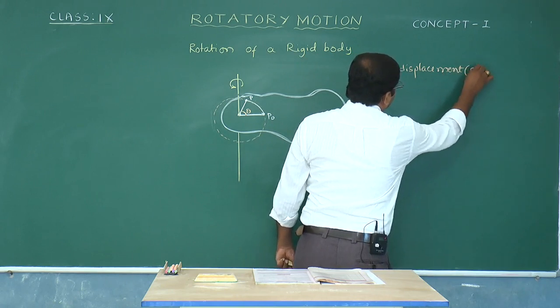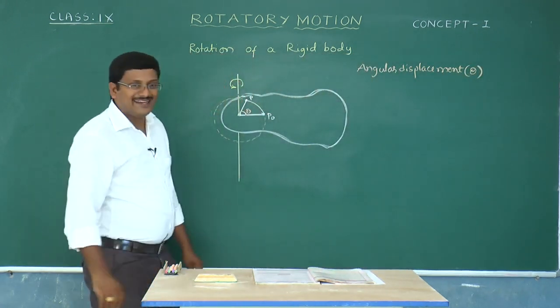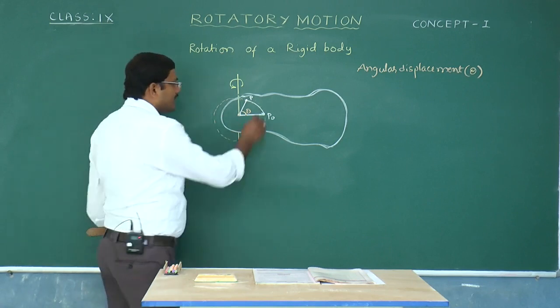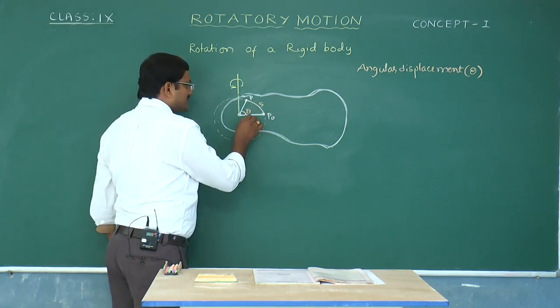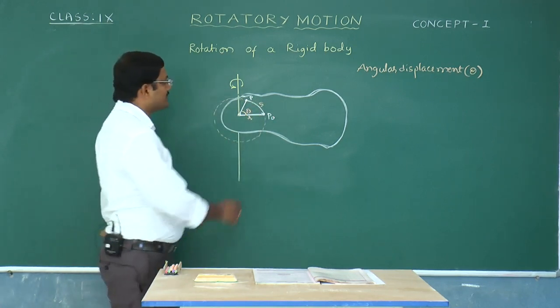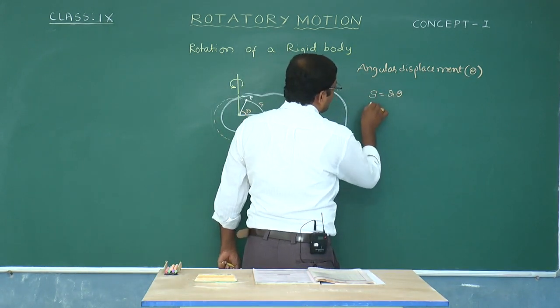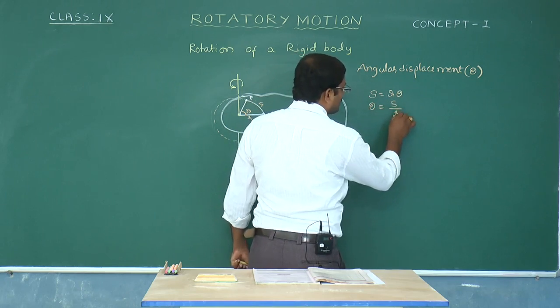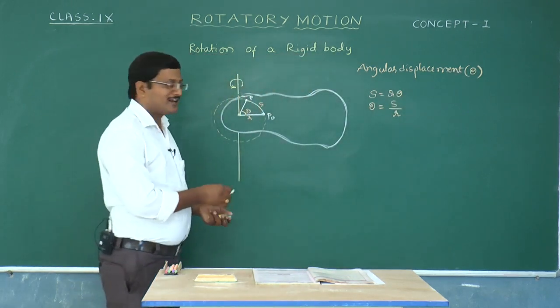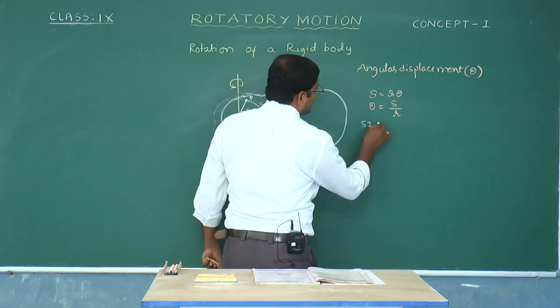And it is denoted by a letter called theta. So, again in the same manner, let us take this as S and this is R, and the relation among this one is S is equal to R theta. In the same manner, theta is equal to S by R. So, it is dimensionless and its units are SI unit,